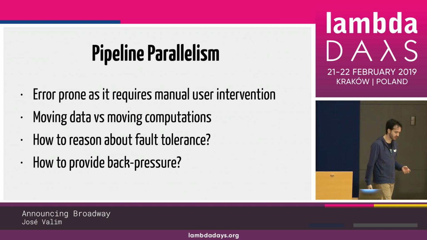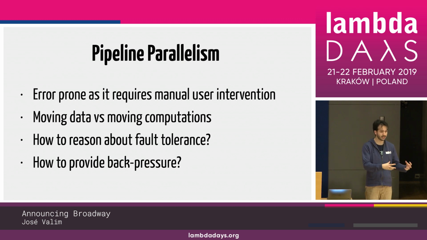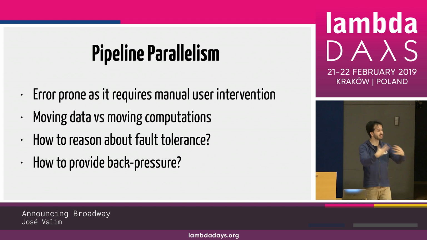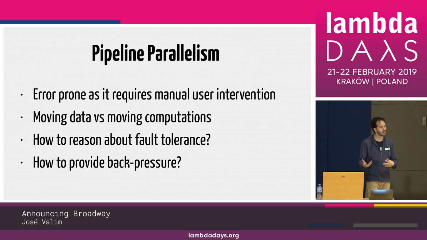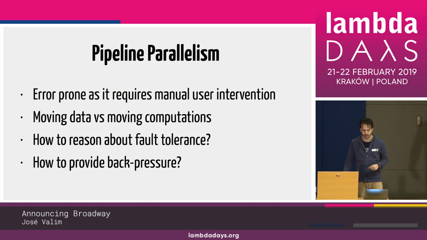And not only about fault tolerance, because again, we're sending messages between processes, and those messages go to a message queue that is unbounded. What happens if there is one step in your pipeline that is really, really slow, right? And then you have a bunch of things sending data to it, and that process can't keep up. Eventually, you can run out of memory, right? So you also have to think, wait, what about back pressure, right? What is going to happen if I'm sending too much data and there is something that can't keep up? That thing that can't keep up needs a way to communicate somehow that it can't keep up, right? We need to have some kind of control in here.